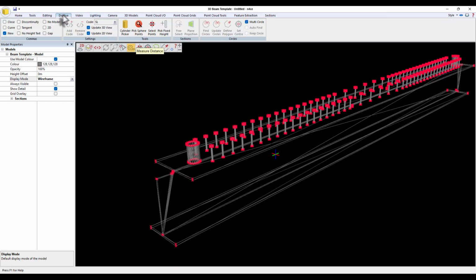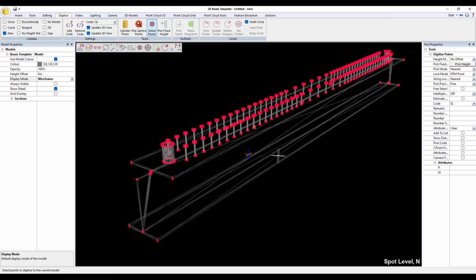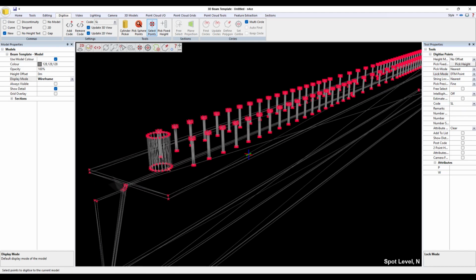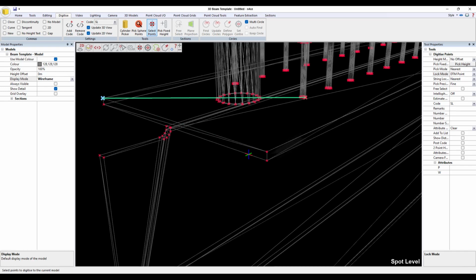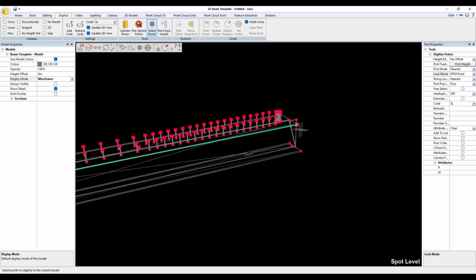So we'll go to digitize, SL is our code, and I'm going to hit select points. The point number is important, but we'll set those when we've finished in case I make any mistakes. So for now, I'm just going to leave it as SL, and we are making sure that our lock mode is set to DTM point, because then it cannot lock to anything else. Right, so I'm going to start clicking that point there. Notice it can't click anything else apart from a point, so I'll go from that to that, and I'll come up to here,